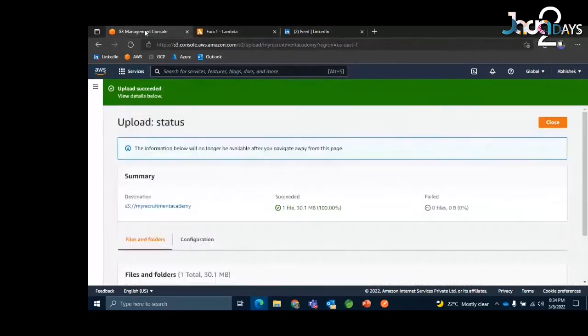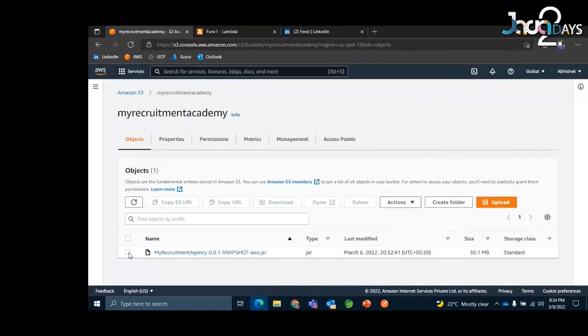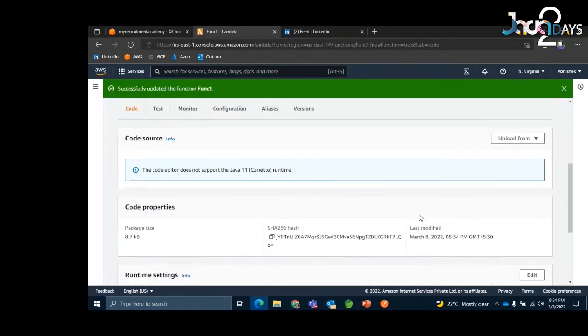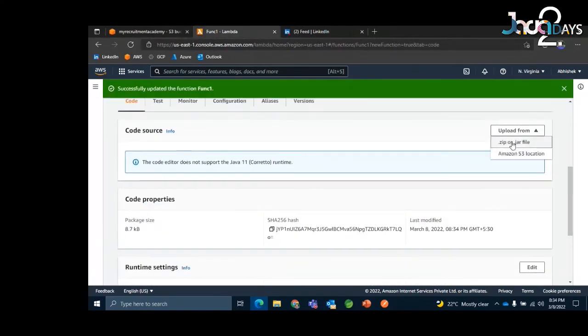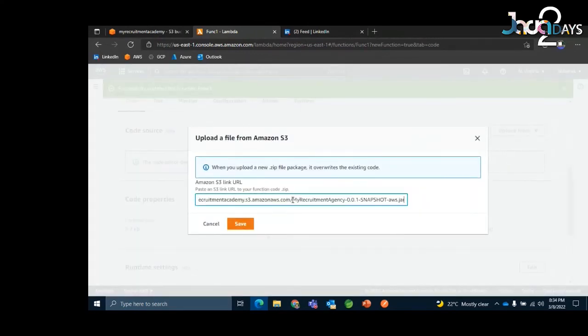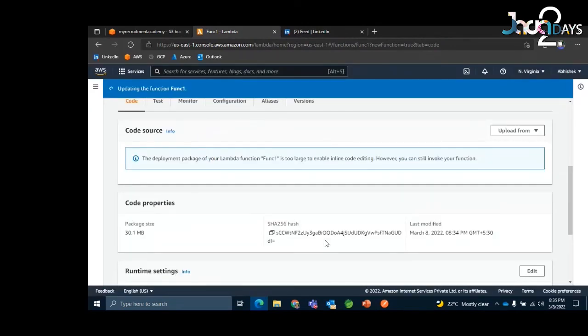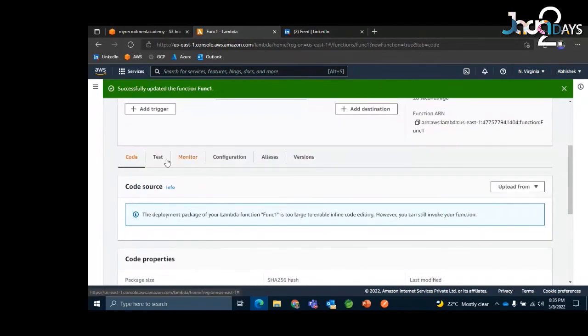And now the final thing, I need to upload my code here. So let's take the URL of our code, and you can either upload a jar file or just tag it with this S3 location. So the jar file, we are tagging it here. And yeah, that is done.